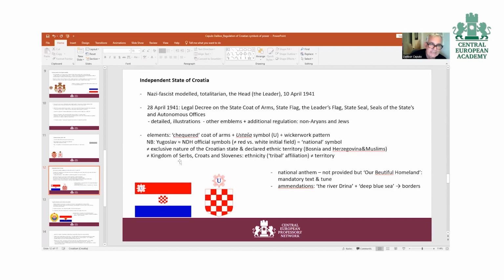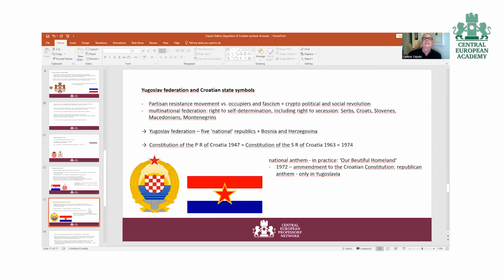So what was interesting is that the Kingdom of Serbs, Croats, and Slovenes, the Banat of Croatia, and the independent state of Croatia were all based upon its essential substance, the checkered Croatian coat of arms with the Croatian tricolor flag. The same symbols will be proceeded as the symbols of Croatia in the partisan federation, in